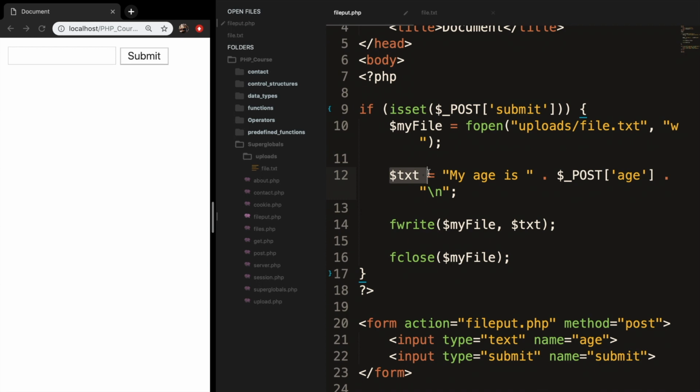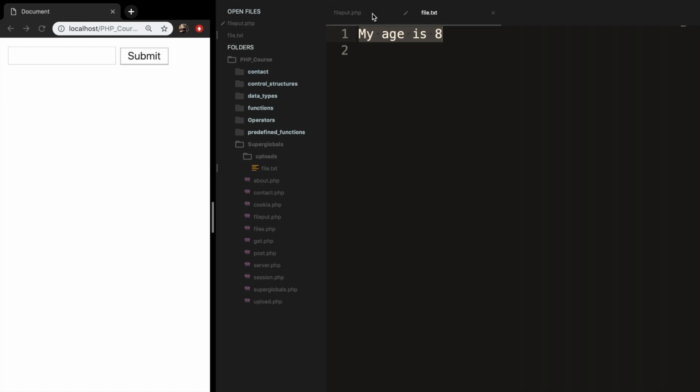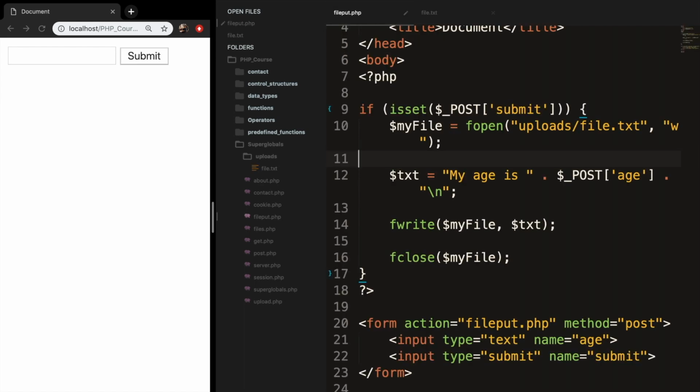And this is pretty important to know because right now we're not dealing with something big, but let's say that you're actually working on something big, and every time a user submits something, the previous age will disappear, and that's not what we want. So let's change the W to A,